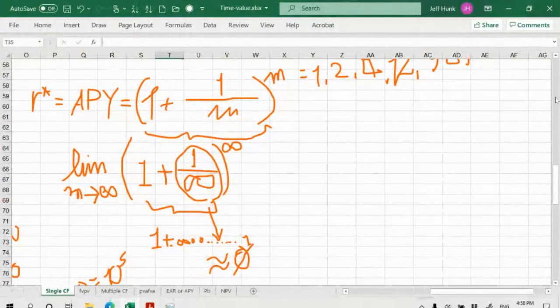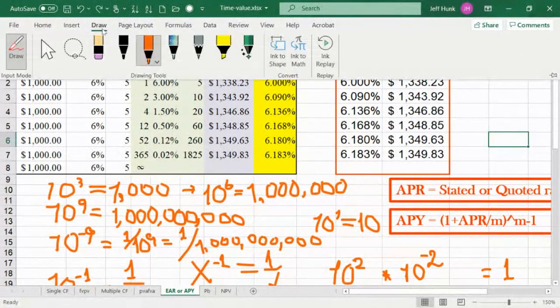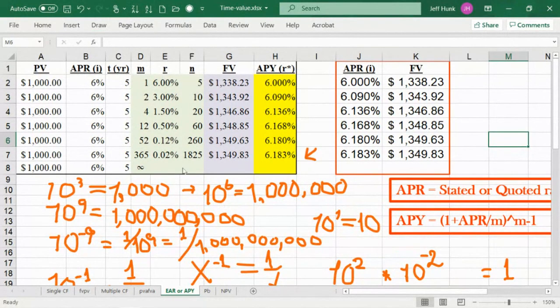And you can tell why from our example, right? Remember here, you can already tell when m is 365, it's actually getting closer to 1.187